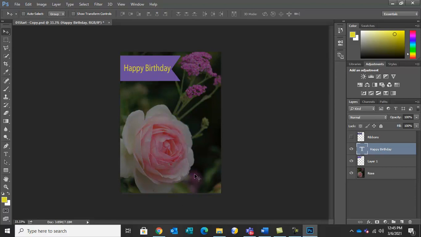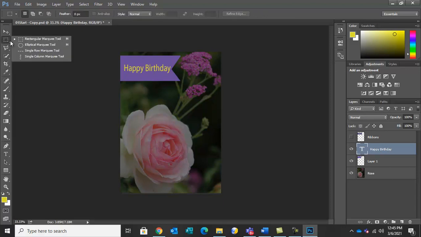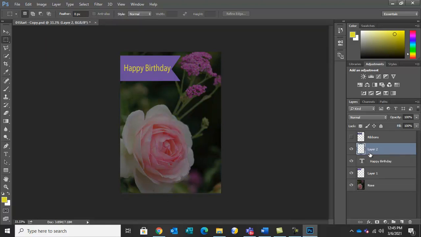Okay, now we want to create a birthday card for our friend, so we will write our name from here. So same, we will create a ribbon again here. So now again go to the selection tool, but before this we have to create a new layer, otherwise problem. So create a new layer here, layer 2, a blank layer. Now select the selection tool and create a rectangle here.